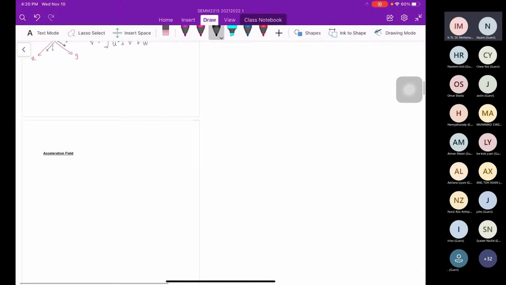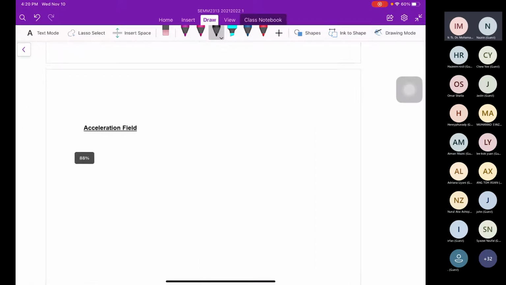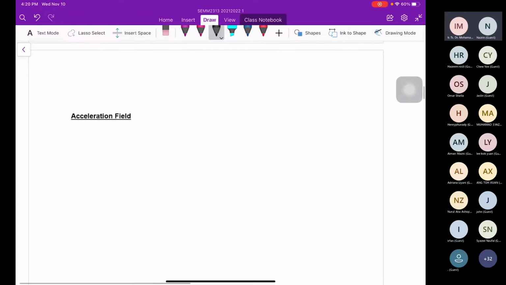Now we go to the acceleration. What is acceleration? Acceleration is the change of velocity over time. So now we try to put it this way. The average acceleration equals the average velocity change over dt. Since the average velocity is a function of space and time, thus we must represent them using the chain rule.